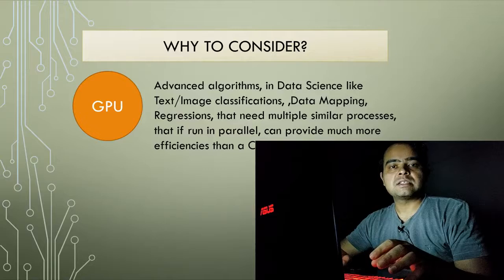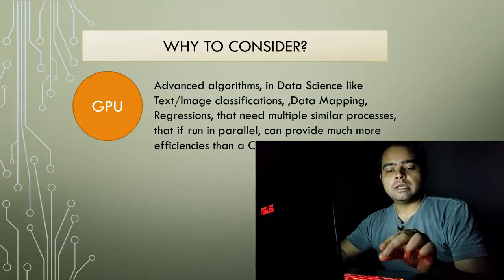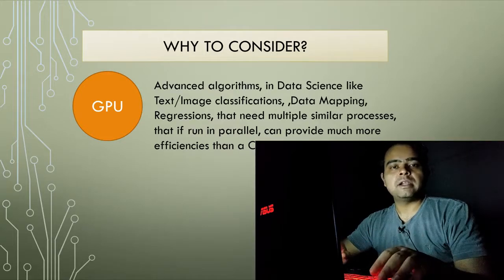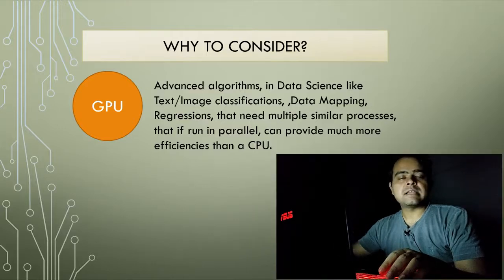Suppose in case of image classification, if an image classifier library is classifying an image and reading different pixels, and different neurons are classifying each pixel. In that case, all the pixel calculations are somewhat similar, so that can be fed into GPU in place of CPU so that it can be processed in parallel, and the computation is mostly static. So we need not give this kind of task to CPU, which won't be as efficient as it would be in a GPU. So this was a small idea behind the GPU.